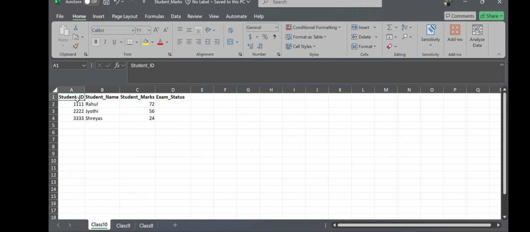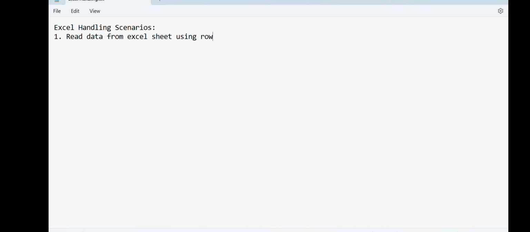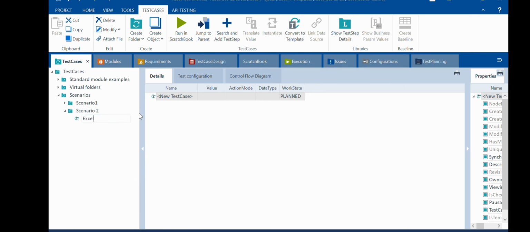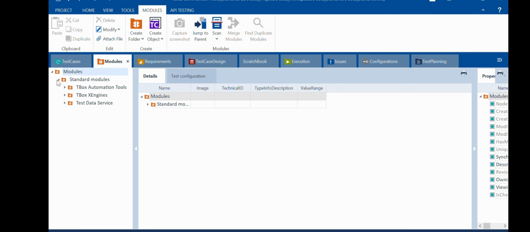So what is my requirement? I want to read the data from this Excel sheet using the row. Read the data into Tosca. Okay, so how do I do that? If you take Tosca, firstly let me create a test case here: Excel read using row. Okay, so Excel handling in Tosca, you go to modules, and if you expand the standard